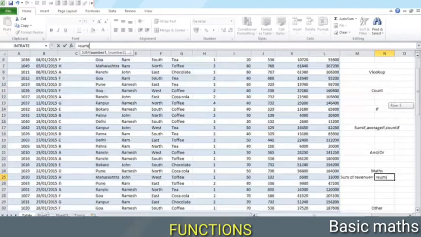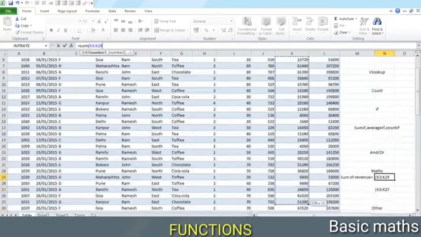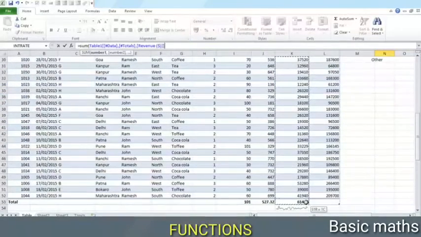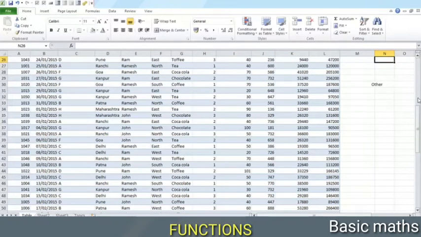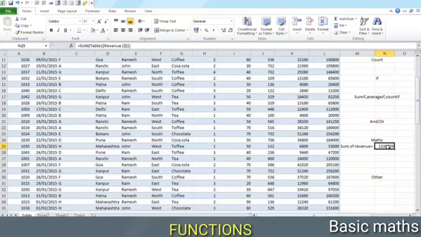So let us just select a range. So here we'll take the revenue. Let us see. This is the range within the table. Let us close this and press enter. Notably, when we selected the range, it did not show a set of cells here. It instead wrote it as a column of the table 1.